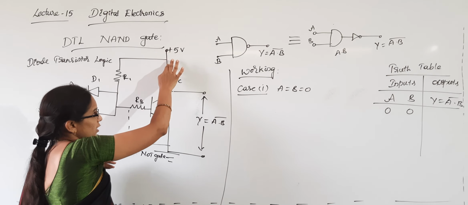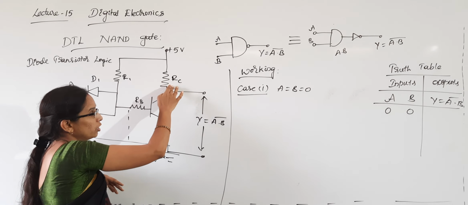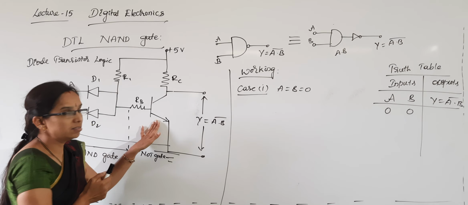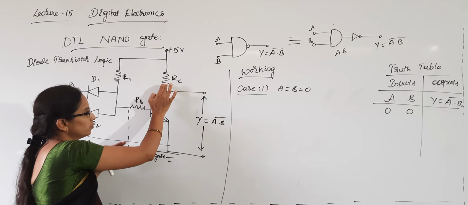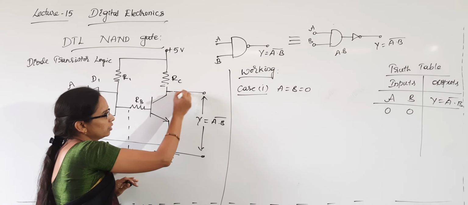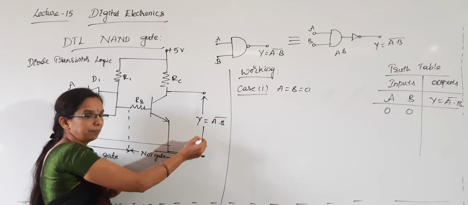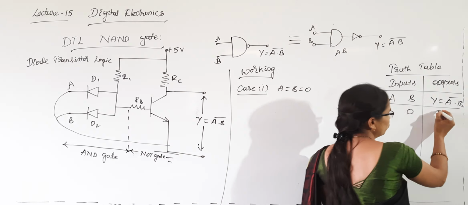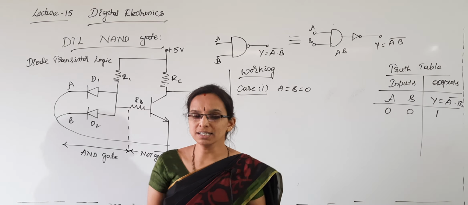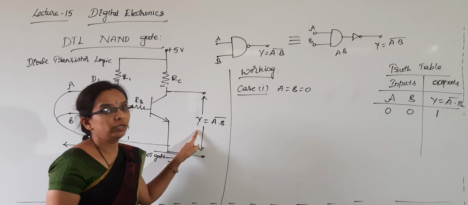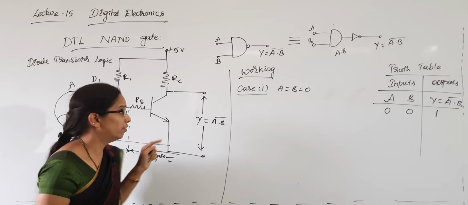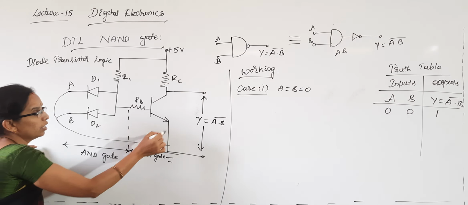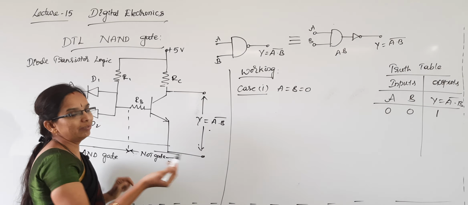So, the current flowing through the collector resistor will not go through the transistor, because when the transistor is in cut off mode, it acts as an open switch. It finds an open circuit here, so all the voltage appears at the output. That time we will have the output as 1. 1 in the sense high. If you connect a bulb or an LED over here, that will glow.